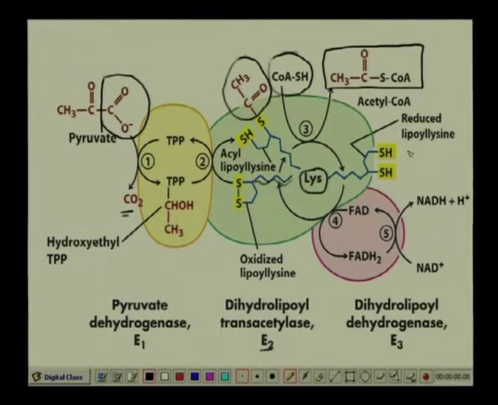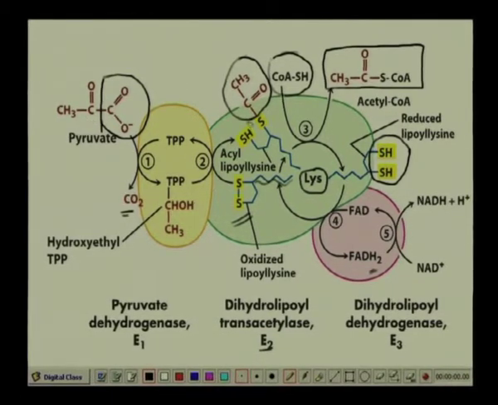So, two of these H's have to be removed. How can they be removed? They are removed by FAD. FAD then comes into the picture, picks up the two hydrogens, and this gets back to your oxidized lipoyl lysine. Is that clear? So, this is just a generic procedure, because you realize that you have the acetate formed here directly already,